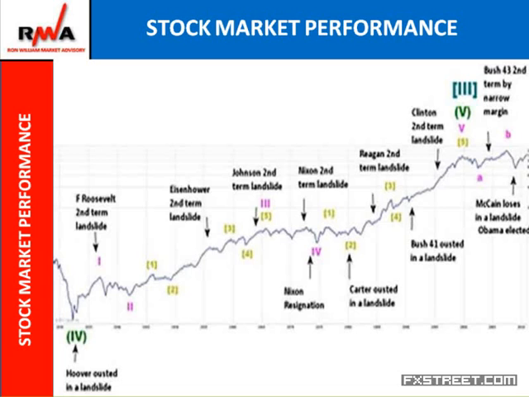So we have here, if I can just start from the past to the present, Franklin Roosevelt, second-term landslide at the market top. So after a big recovery period after the Great Depression during the 1930s. Eisenhower winning the second-term landslide, and that was after an extended boom period in the equity markets. Johnson's second-term landslide win, again, a further extension of the boom phase in the stock market.